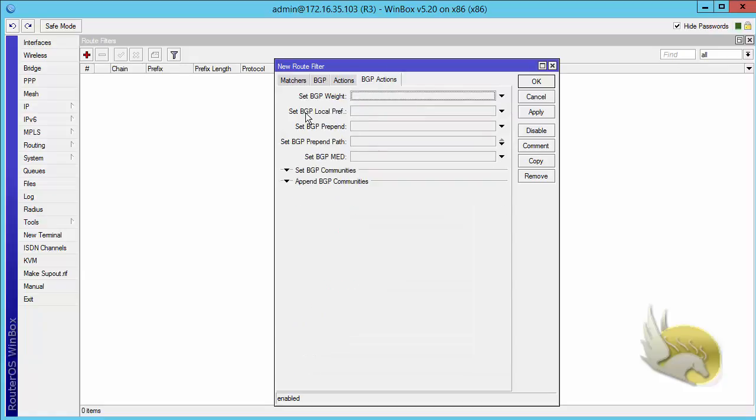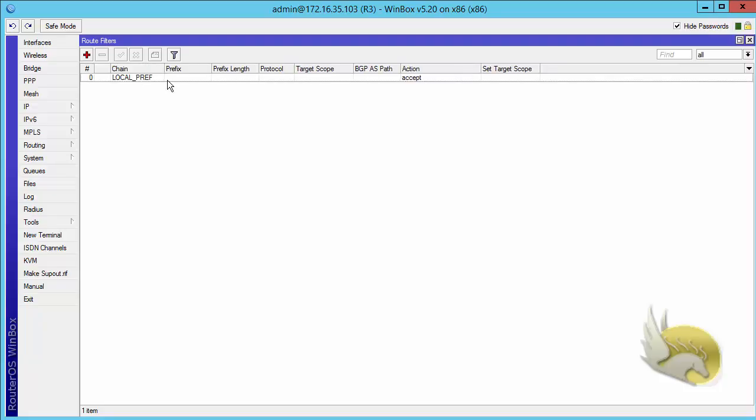and I go to BGP actions, and you can see that here we have a set BGP local preference, and I can select a high value for this. Any route in the local autonomous system will be marked with a local preference of 100. So any value of more than 100 will work here. I want to add a value of, for example, 10,000, and I guess the highest value is 65,000. So I click on apply, click on OK,